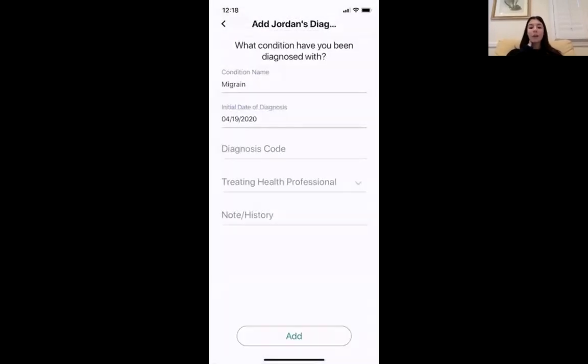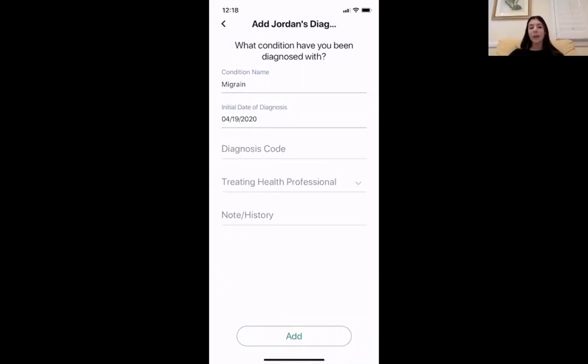So once you add your contacts into this app, you can add all of your doctors and their phone numbers, and then you can add under your diagnosed conditions, the treating health professional, the one who diagnosed you with this condition. So right now you're not able to add your treating health professional because you haven't added the contacts into this app. But later Caroline is going to show you how to add contacts into the Healthsync app.